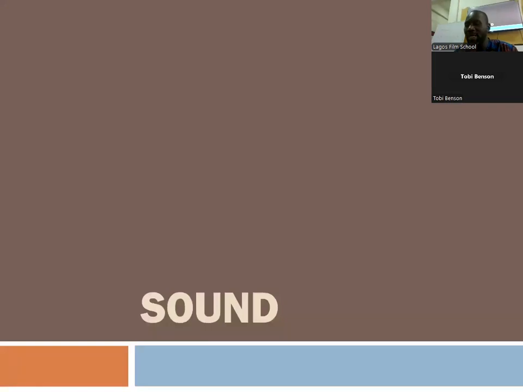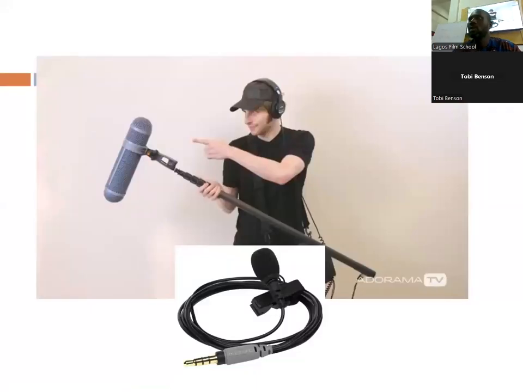Okay. And then mic for your sound. Number one, any mic is better than no mic. I mean, any mic is better than the microphone on your camera. The mic on the camera is one of the most terrible inventions of man. So terrible, the sound is so bad, you just don't even try it. Any other microphone, including this 12,000, 15,000 Panasonic boom mic, is much better. This is much better than not using anything.